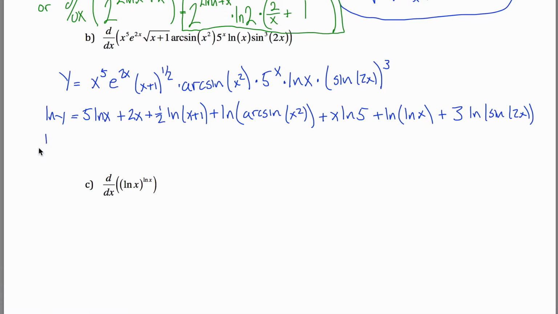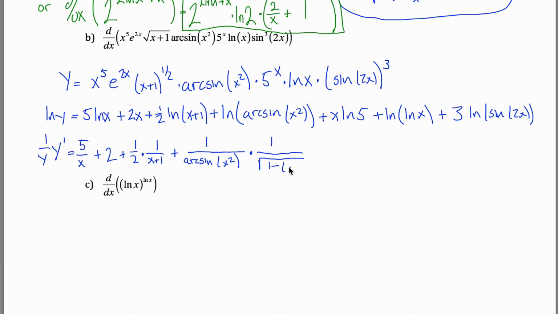Okay, so then what you get on the left-hand side of the equation when I take derivatives is 1 over y times y prime. And on the right-hand side, this 5 is just a constant. The derivative of natural log of x is 1 over x, so I get 5 over x from this, plus 2 from this, plus 1/2 times 1 over x plus 1 times the derivative of x plus 1, which is just 1, plus 1 over the arc sine of x squared times the derivative of arc sine of x squared, which as we saw above is 1 divided by the square root of 1 minus x squared squared, times the derivative of x squared, which is 2x, so a few chain rules going on in there,